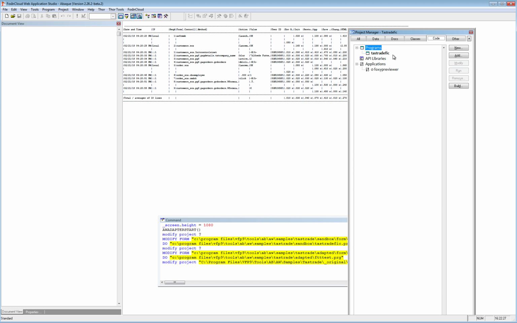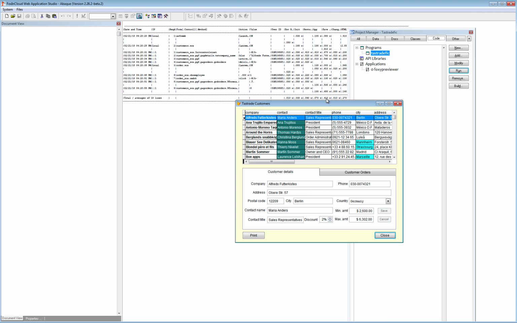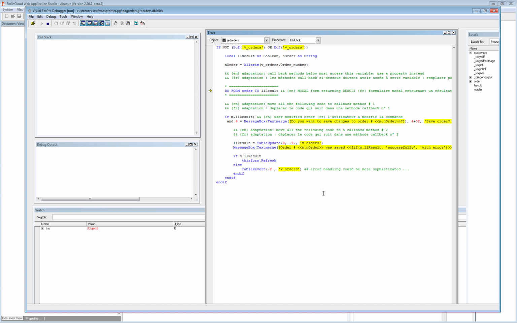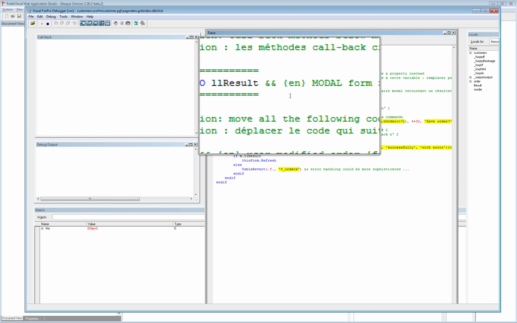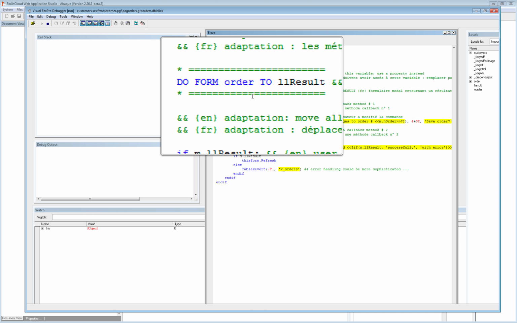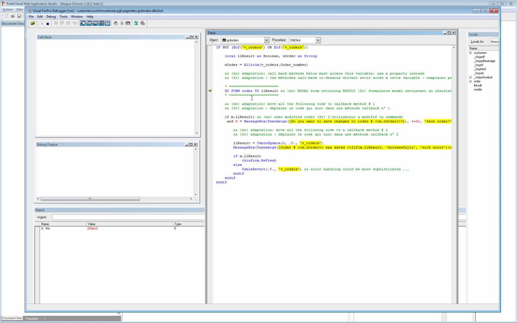If you run the form here, run, and you go to here, you double click, see what happens. The execution is stopped here on the do form. So it means that if you are on a web application, the server will stop here on this instruction, which is absolutely impossible, because the server needs to be able to serve other users somewhere. That's why we do it differently